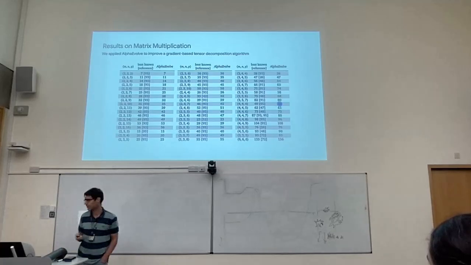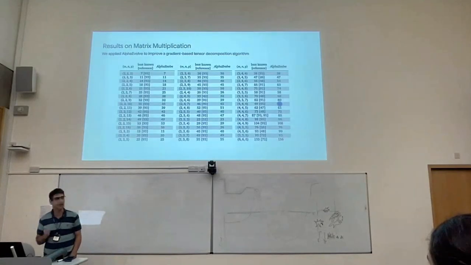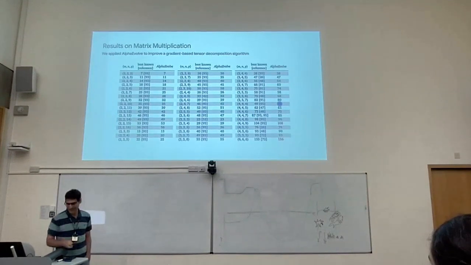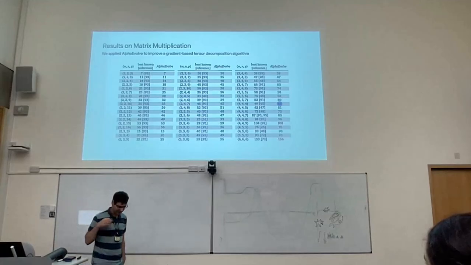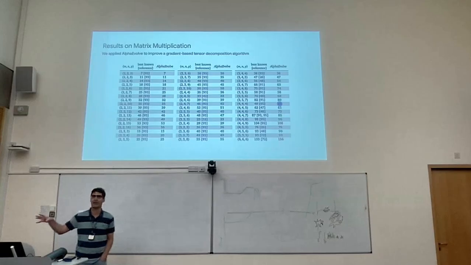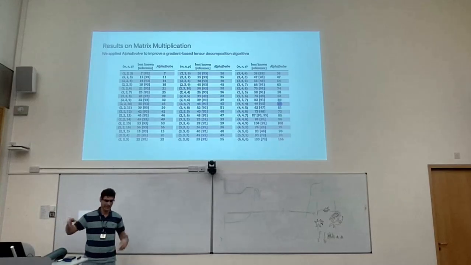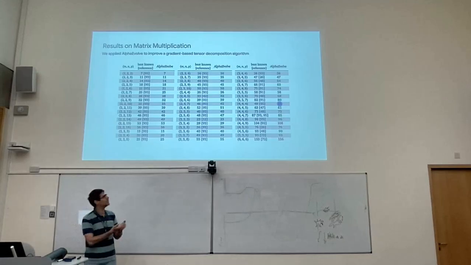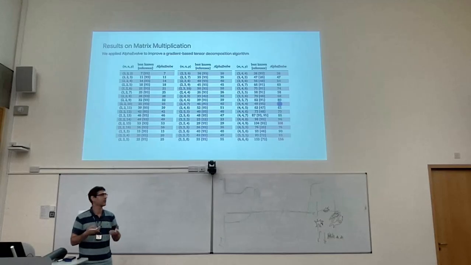I just want to say that one interesting thing about this solution is that it comes from using complex numbers. So even if you want to multiply real-valued matrices, the coefficients that you multiply with are complex-valued. All the intermediate operations are complex-valued, but then at the end there are cancellations and you recover a real-valued matrix. So these 48 multiplications are actually 48 complex multiplications, which one could argue,